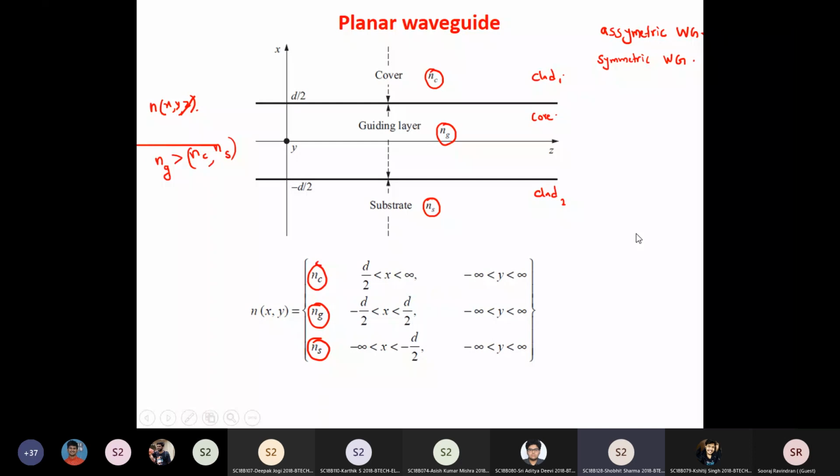All right. So in this case, the guiding refractive index is always greater than the cover refractive index and the substrate refractive index. So that if you launch a light ray which obeys the